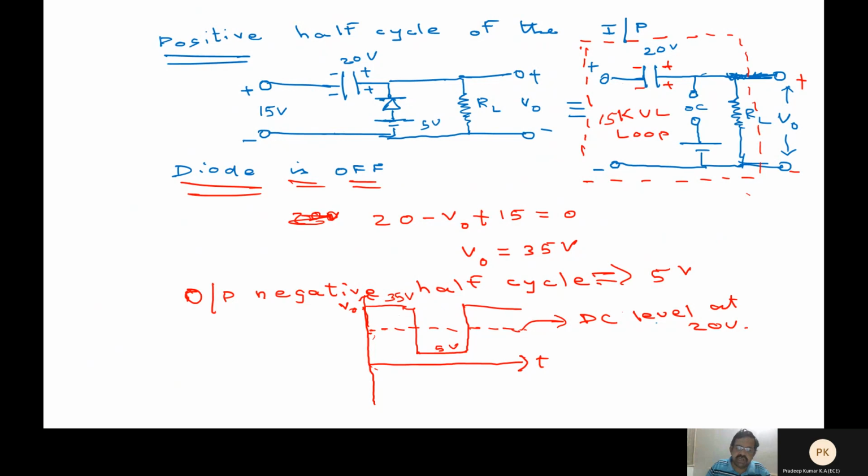Okay. What we have done is we have shifted the DC level from 0 to 20 volt with this kind of biasing. Now I can ask you to think about reversing this polarity and work out. Okay, so it is for you to do the similar job of analysis and get the results and think about it. What will happen? What will you get like that?